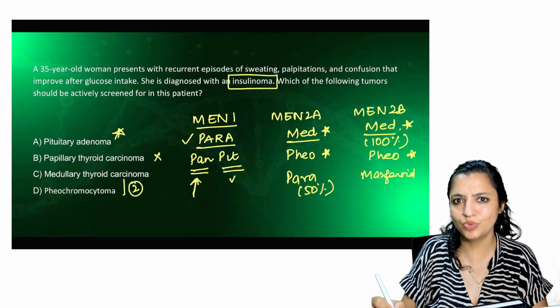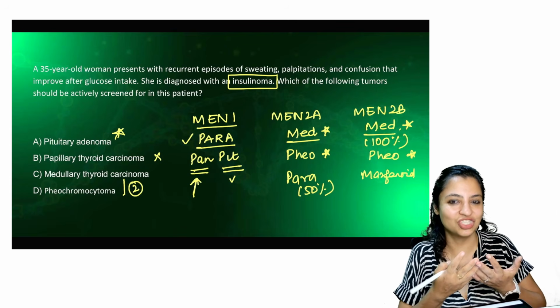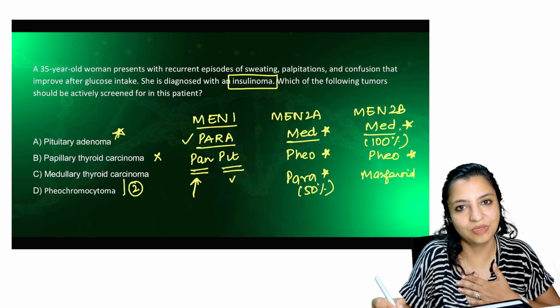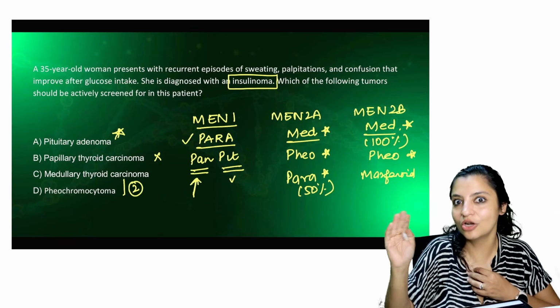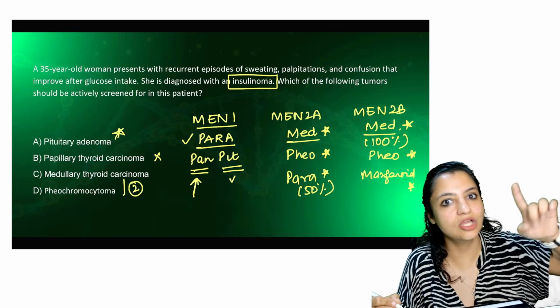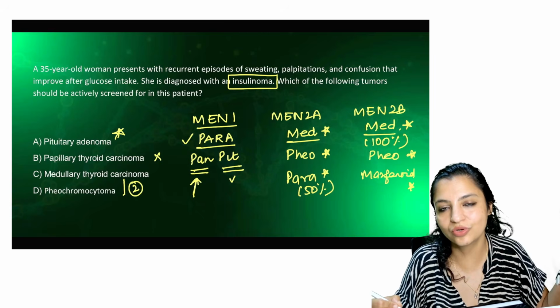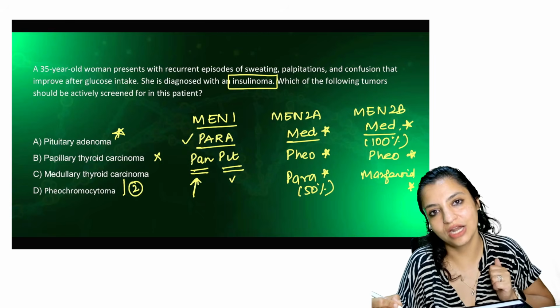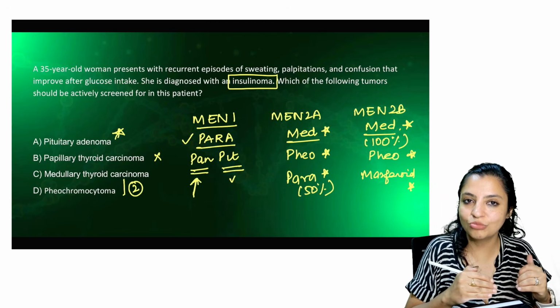What is the difference between 2A and 2B? When you enter into the medical school, you are 2A. You are still pyara bacha, still pyara 50%. But when you leave the medical school, you are no more pyara bacha. You are tall and long, so you have marfanoid habitus. Okay, so that is it. If they ask you MEN 2, then you have to look for medullary carcinoma. When it is MEN 1, and you already have insulinoma, you have to look for pituitary adenoma. So the answer in this case is pituitary adenoma. You know, medullary carcinoma and pheo are MEN 2.